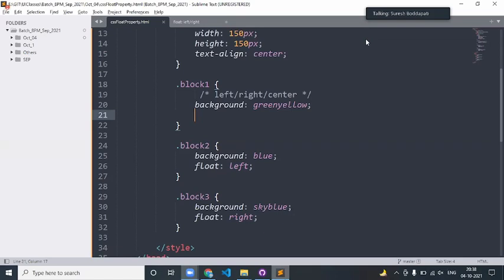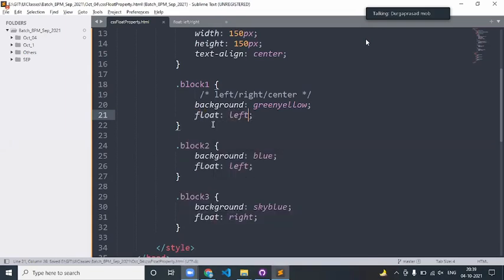If you put float left and then right and then left, alternately, there won't be any alignment issue, right? No, they are still continuous elements. I'm not saying left and continuously right or not. I'm only saying whether float has been applied or not. So block 1 float left, block 2 float right, block 3 float left.